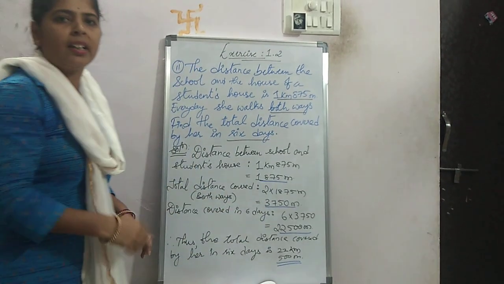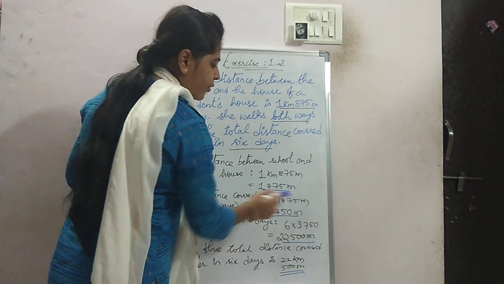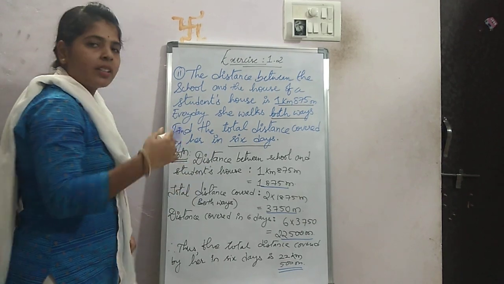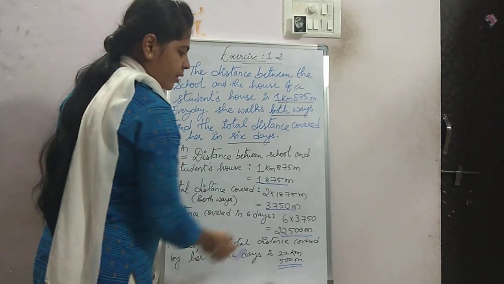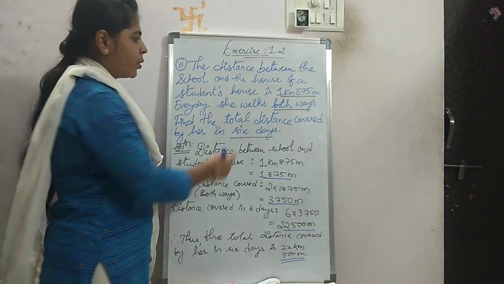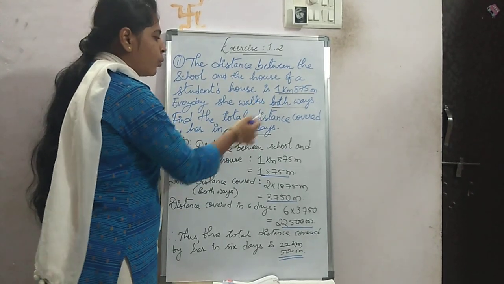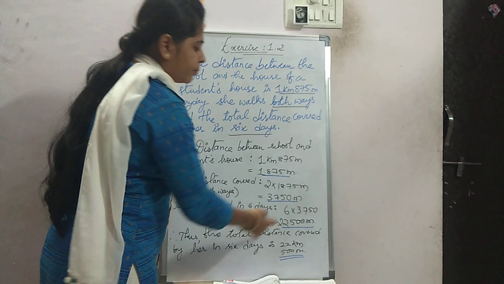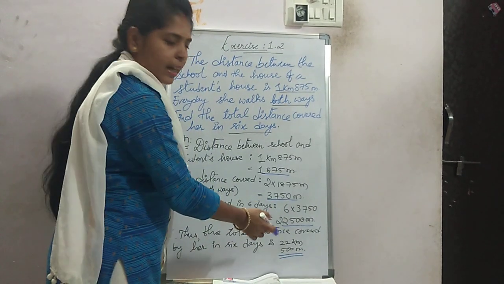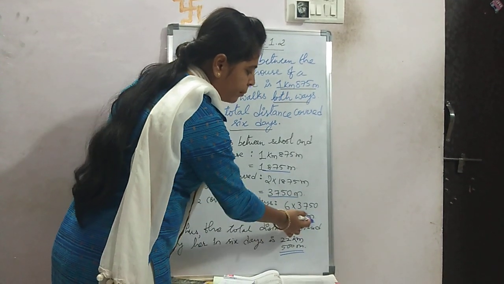I have done the calculation directly. You can work it out in your rough column in your classwork. So 3750 meter for the two ways, both the ways. And then the total distance for 6 days. Distance covered in 6 days: you have to multiply the answer you got after doubling with 6, because this problem is based on multiplication. You are finding for 2 ways and 6 days, so you have to multiply. I have done the calculation here; again you can try it in your classwork. 6 into 3750, you will get 22500 meter.